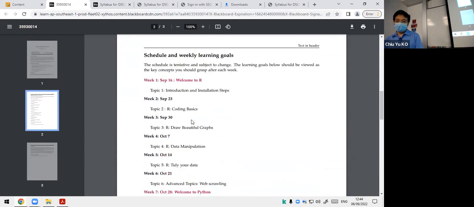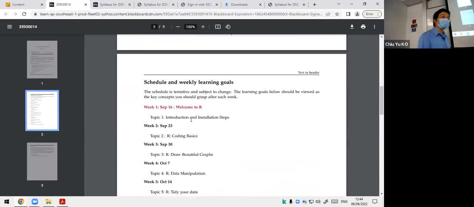She will be covering R and Python. It's totally optional. If you want to go, go; if you don't, just go to DataCamp, or you don't have to do R and Python in your class. But of course, I would say if you have a minimum knowledge of R, it will help you a lot in your future. And for those who already know some programming, it's still worth going.